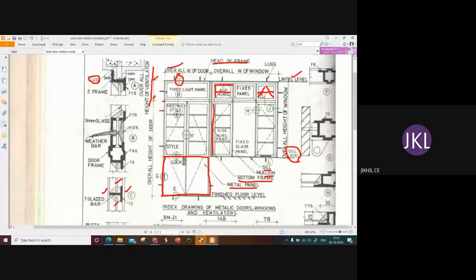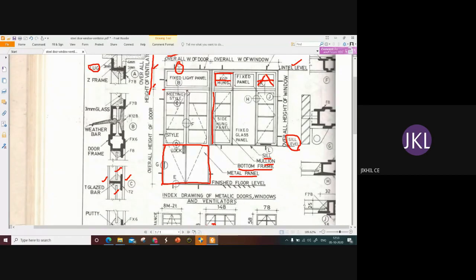And okay, this F, the scanned image is cut at some portion. The full portion is not available. F is the centermost portion of this door, and G we have here. That means at the metal frame or the metal panel side point.